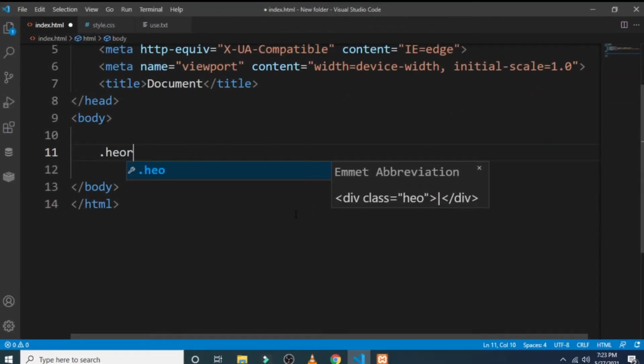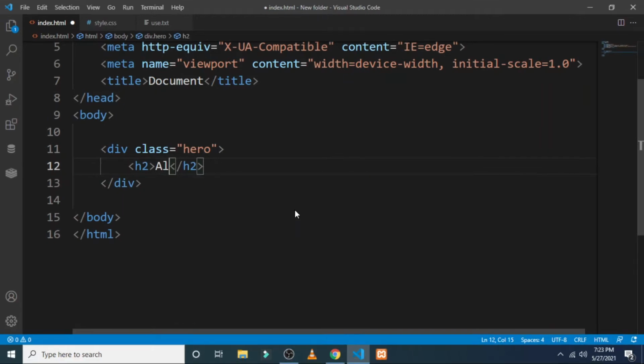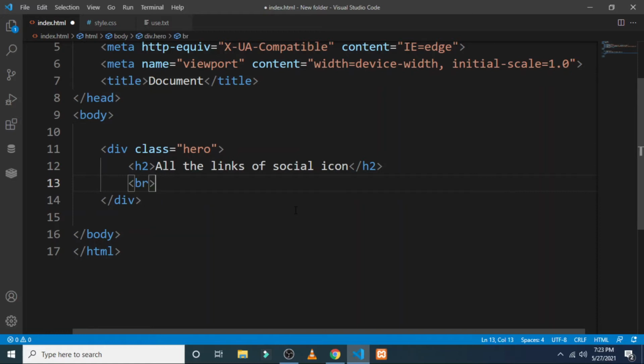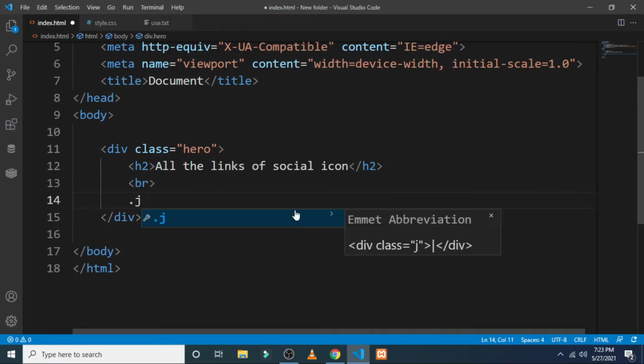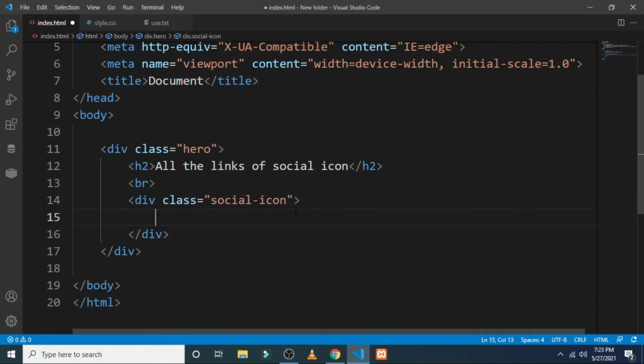Coming to the index.html, let's code it. Create a div of class hero. Here in this, put a heading for all the links of social icons. After this, use a line break, then create a div of social icons. In this, we are going to provide all the links using the anchor tag.